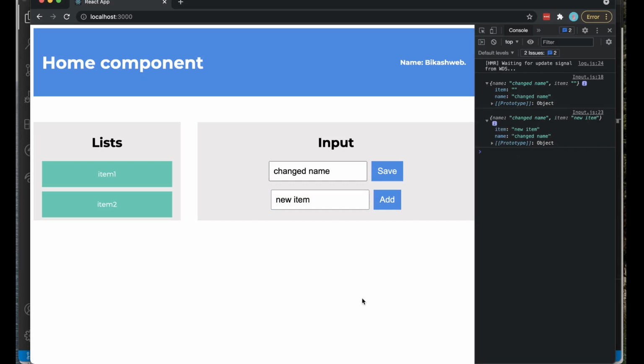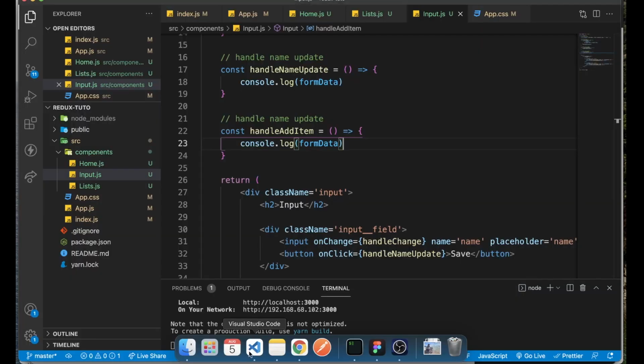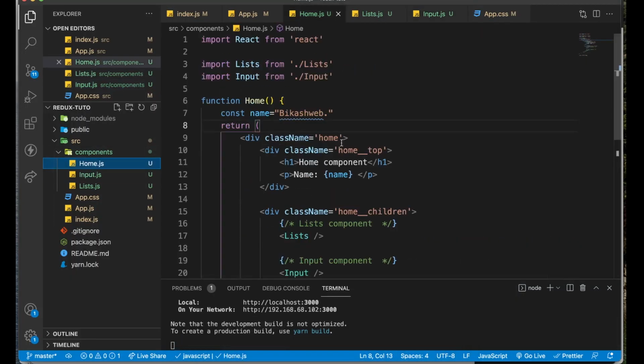So far nothing bad. Now how do we get this changed name here, and how do we get this new item added to our list here? That's the challenge. There is an easy way to do it. I wouldn't say easy, but a way to do it. And one way will be, first we go to our home, and inside home, instead of using this name,